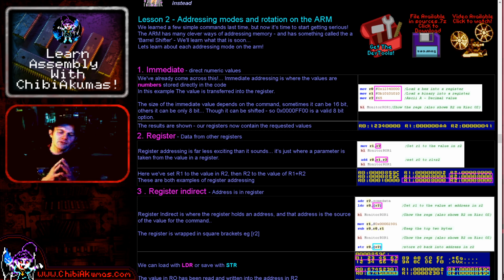Now, last time we did some very basic commands. This time we're going to look in detail at the various addressing modes that the ARM offers us for working with data. We've seen a couple of simple ones: very simple moving of data into registers, moving between registers, and also moving into memory. And these are all addressing modes, but the ARM really offers some very powerful addressing modes, and some of them